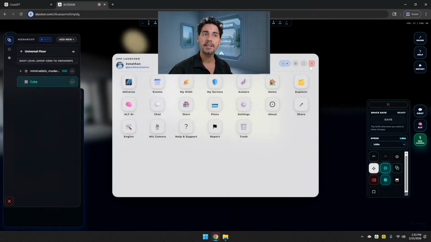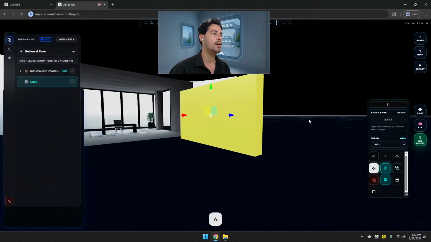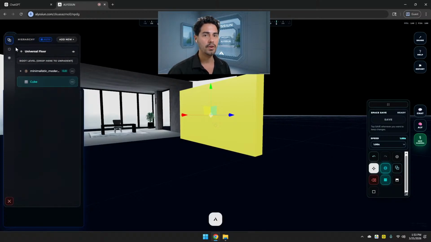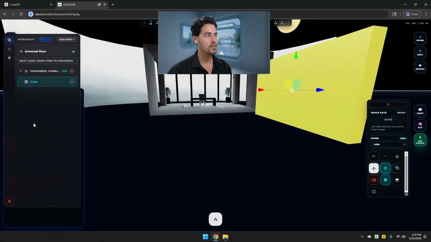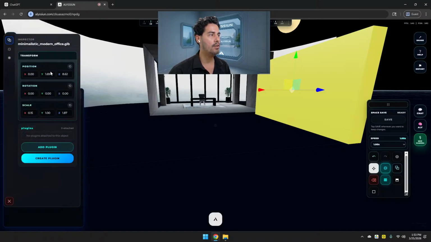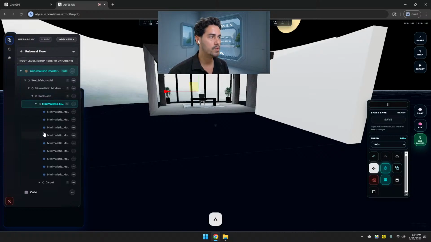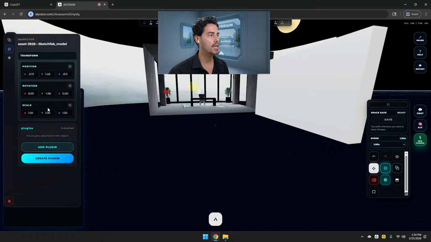And then the plugins, that's where we're going to work today. This is the engine, and inside the engine we have the hierarchy, where you can add everything that is in the space, shown as a list in here. You have the queue, I have that office over here, and with this button here, when you don't want it to automatically switch to the inspector, you can just deactivate it, and now you can click anything you want and there's no switching. I think it's cool sometimes when you want to see what you have here, because if it's activated, every time you click an object, it automatically switches to the inspector.